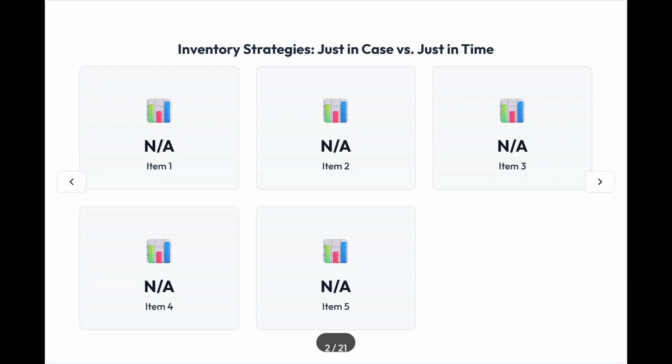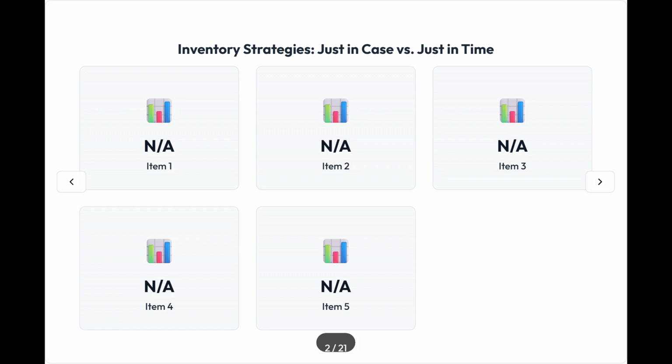Let's look at the Inventory Balancing Act. When forecasts are unreliable, it's tempting to hold extra inventory just in case demand suddenly increases. But this safety net is expensive. The cost of excess inventory is more than just the price of the goods. It includes many hidden costs, like your capital being tied up in products instead of being invested, paying for warehouse space, insurance, and the risk of damage, theft, or obsolescence. For technology or seasonal goods, obsolescence can turn a valuable asset into worthless junk in just a few months.